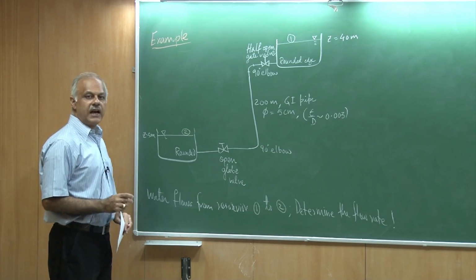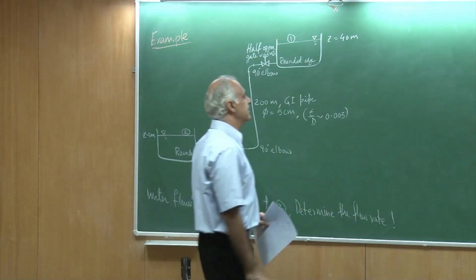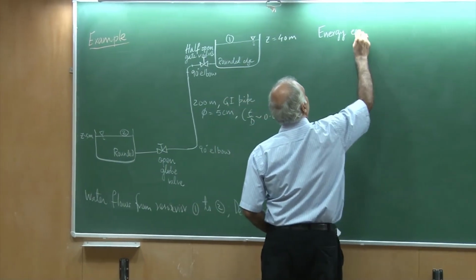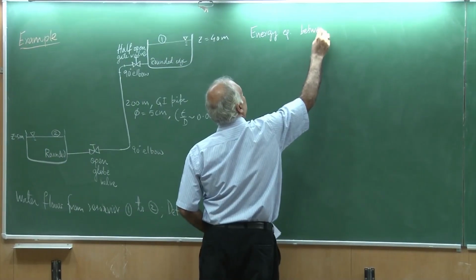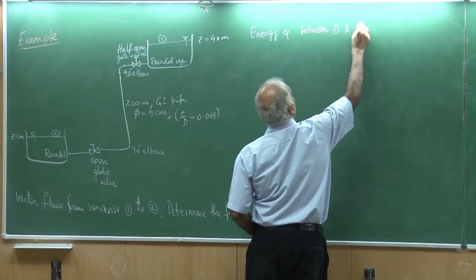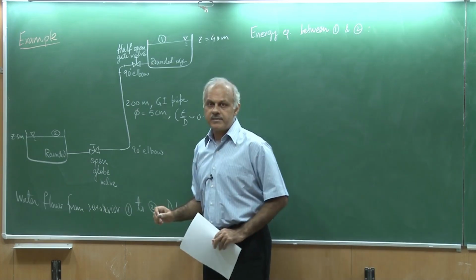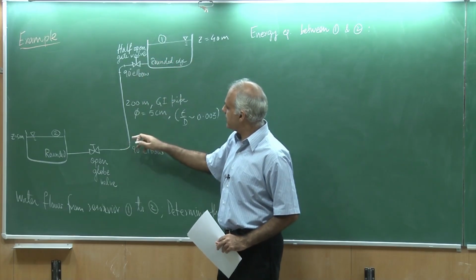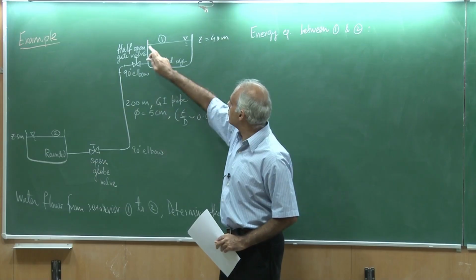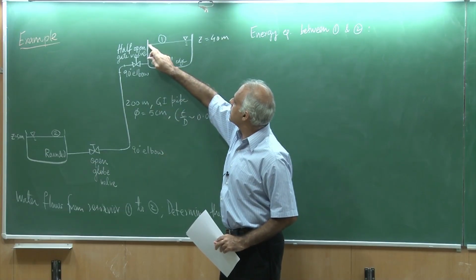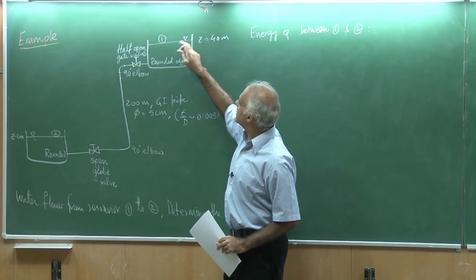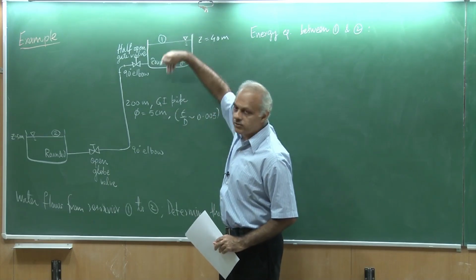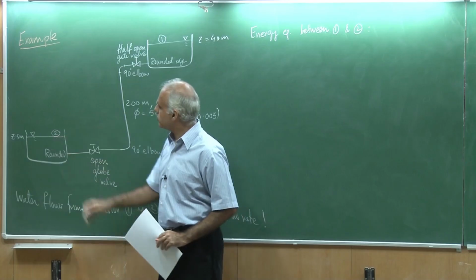All right. So, we will start by writing the energy balance. So, let us write the energy equation between 1 and 2. Okay. So, I am going to assume that there is a control volume, which I am not drawing here, but you know how to choose a control volume. So, the control surface on the upper surface is kind of normal to the free surface. So, it is the free surface itself. So, the velocity is normal to this surface, and likewise for 2.